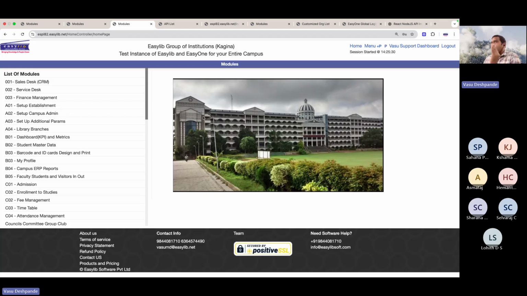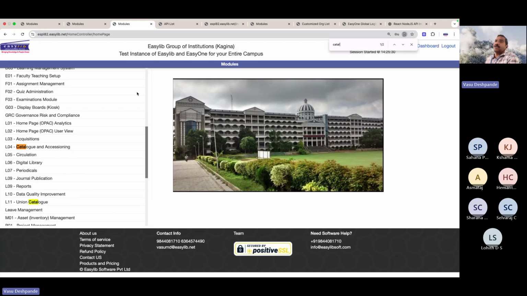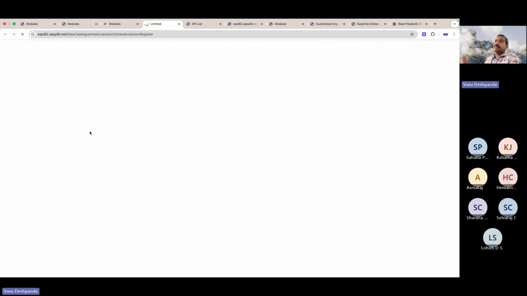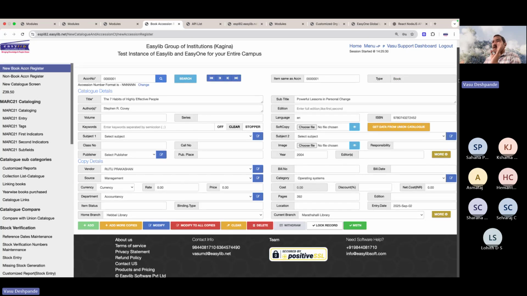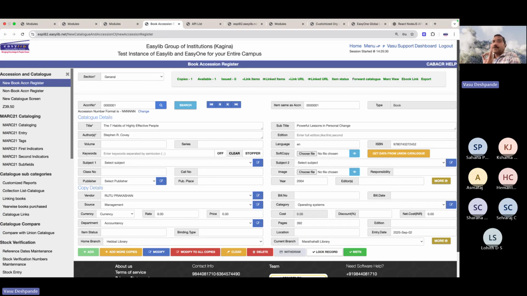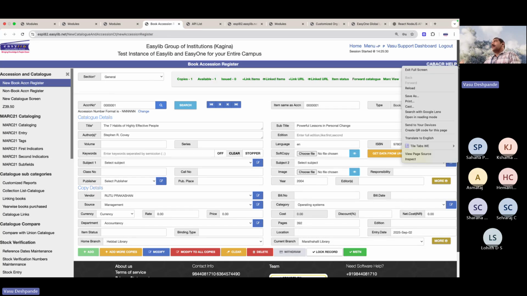Today's focus is again the cataloging module. So let's go to the cataloging module again. You can just simply search for catalog and this module opens here. This module gives you the screen to enter your data for a library. Okay. Now